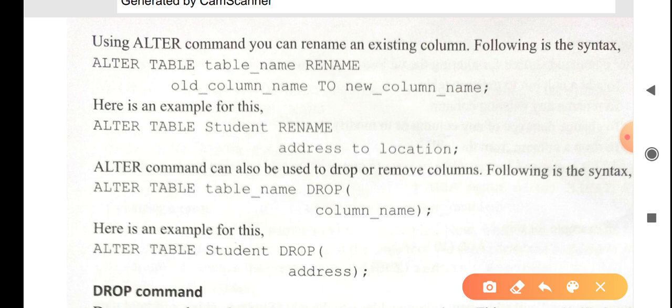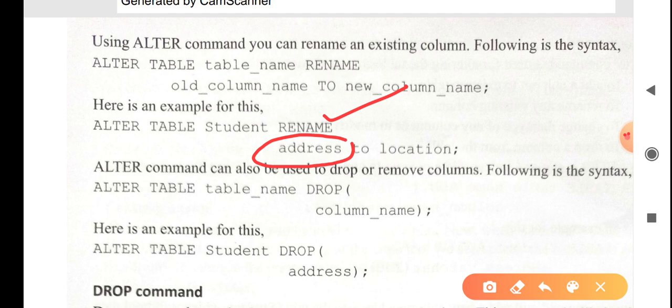For example, you can see here: ALTER TABLE student, RENAME is the command. The name of the column is address, and you want to change address to location, so you are writing here address to location.